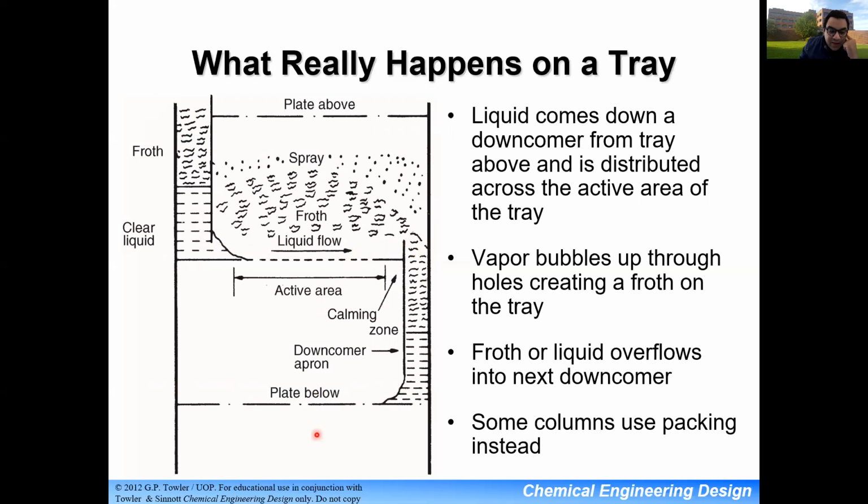However, at the same time, you have gas coming up, you have your vapor coming up, and this vapor will come into contact with the liquid and you'll start seeing bubbling, you'll start seeing frothing, and then at the very top, you'll see a spray phase or a spray continuum, right? So usually between trays, you have a stable liquid film here, and then you have some bubbling, then you have some frothing or foaming, and then after the foaming, you have some spray. And near the bottom of the tray above it, this part is mostly vapor, and it leaves to the tray before it. And of course, the liquid frothing and the liquid film